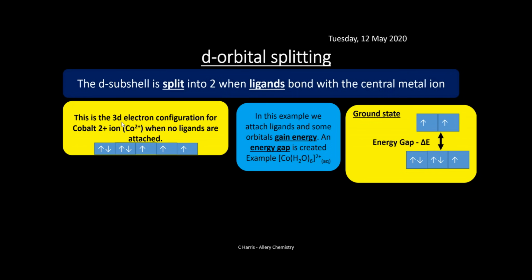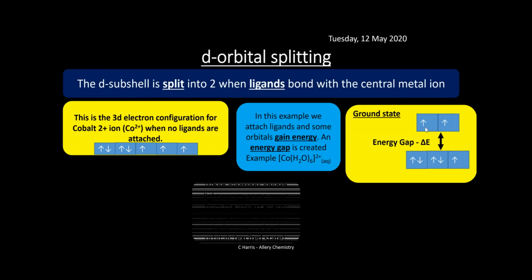into 2 different levels. So you've got a distinct energy gap created between these 2, and we call it the energy gap delta E, so it means change in energy. The delta means change in. This is what we call a ground state, and we're going to have a look at a different state in a moment. Effectively you've got 3 orbitals at the bottom and 2 at the top. This only happens when we take a transition metal ion and ligands are bonded to it, so it has